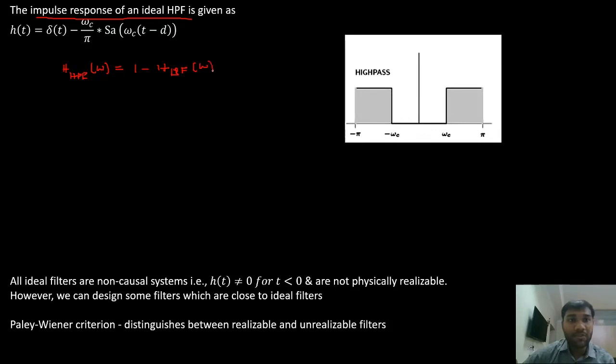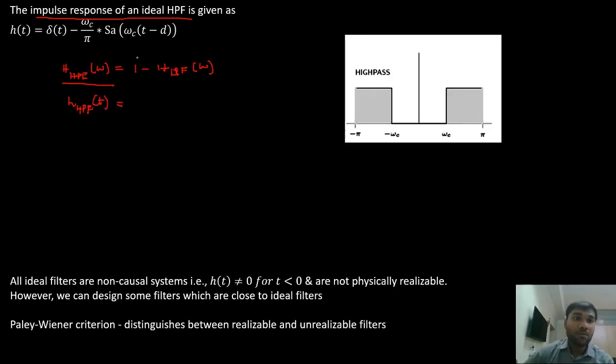We have seen this expression previously, right? Now I'll take the inverse Fourier transform on both sides. So the inverse Fourier transform of this is h of t for the high pass filter, that is my impulse response of the high pass filter, that is equal to